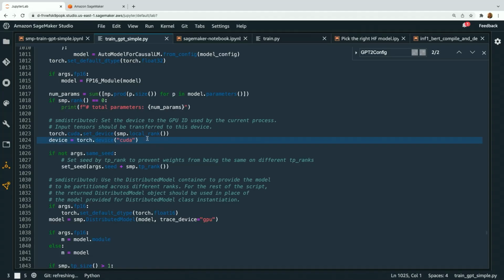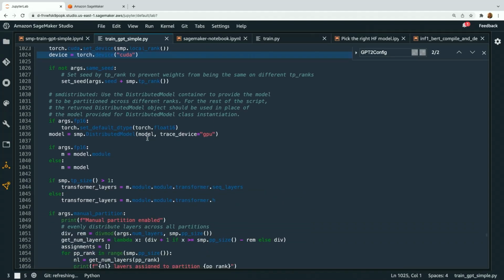We're going to set our device right here. So you'll see this quite a lot in the SageMaker Model Parallel framework, which is you take your model and then you load that as an argument to SMP. So again, SMP is the SageMaker Model Parallel SDK. And so we're going to load that base GPT-2 model into this framework here.